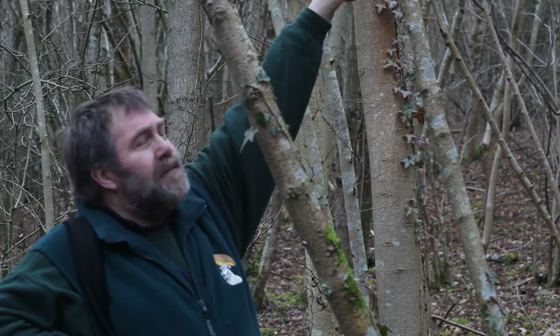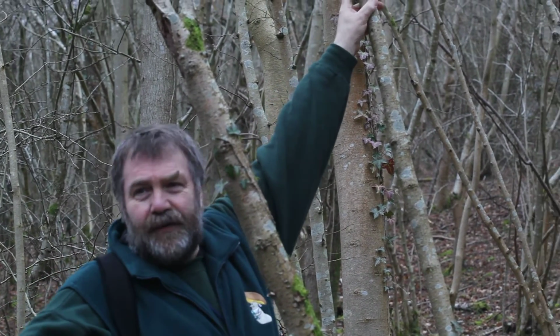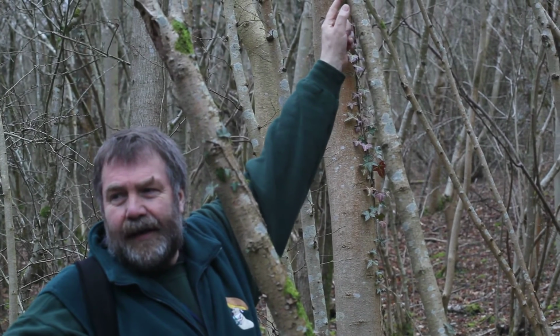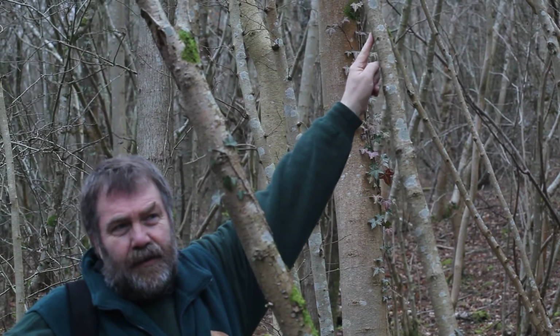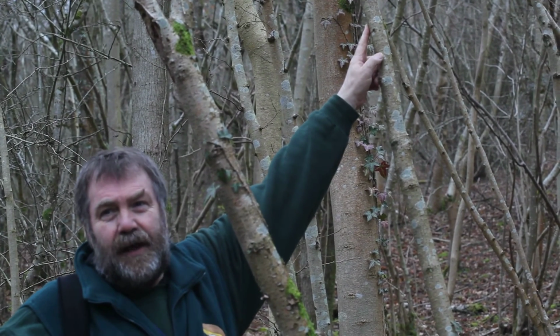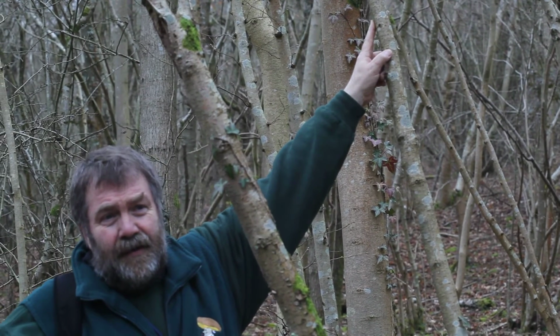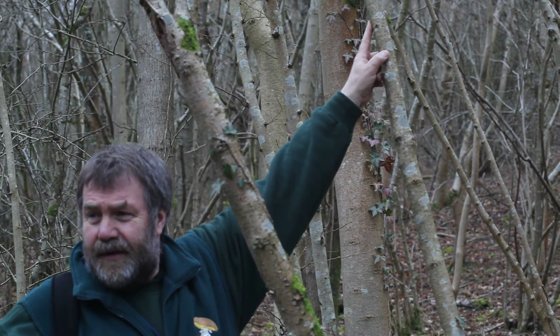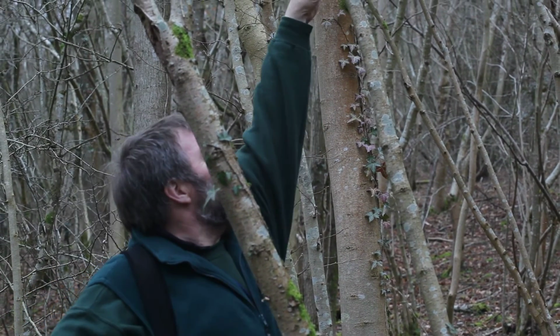So we now know that this is a valid record of this fungus if it grows on hazel and on birch and on Conker chestnut. And we had all three in one wood on Sunday. So I've got 3 grid references and 3 photographs to send in to the survey in Kew this week. This one, I'll take one off because it's